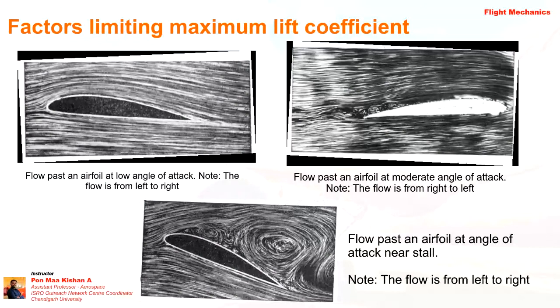In the moderate case, you can find the flow separation and vortex generation, the wake generation, in the upper surface over here itself. So if you see here, it is throughout streamline, and there will be a small wake at the trailing edge. But here you can identify from the bottom, if the angle of attack is increased, then the separation and wake generation is also near the leading edge. So this is our leading edge. So near the leading edge, the flow wake will be formed for a large angle of attack, let's say 15 degrees and above.